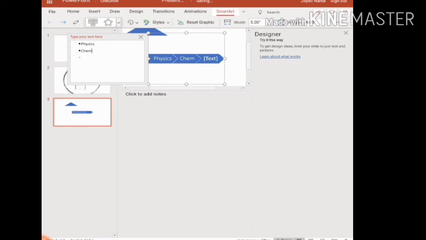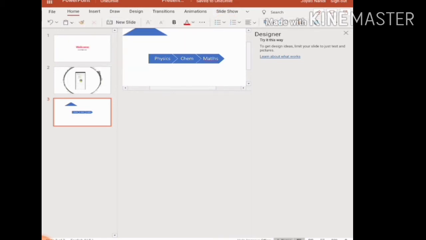Third one say maths. Okay, these are the options. When you write on this, it will create the name in the main box. Okay, so this is the SmartArt. So you can create any SmartArt. So when you write something, it will reflect on the slide only. Okay, so you can insert any type of SmartArt in this.